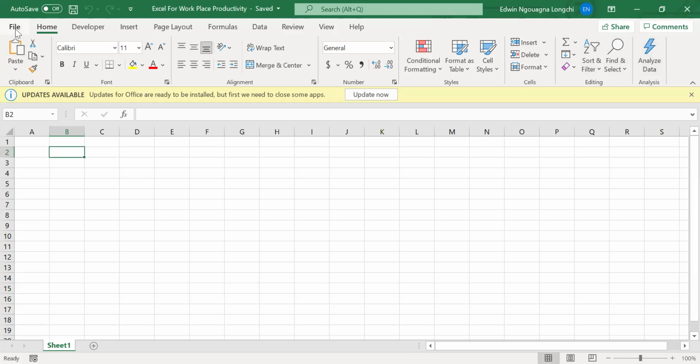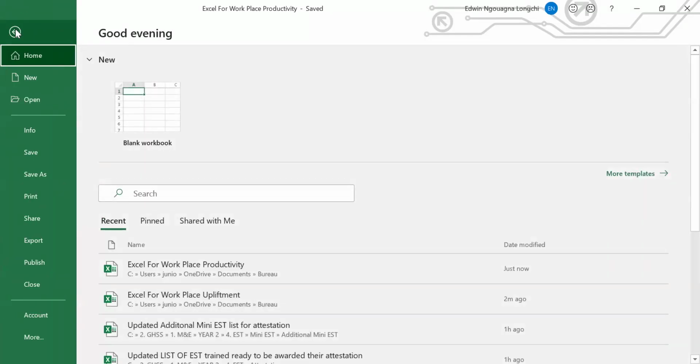You come here to the File tab. The File tab here, you can save your data. Although save is always Control S for the short form of it. Those of you who want to take notes, you can take notes rather than coming to File to take Save. When you save this, you are saving the data that you have already entered in this Excel workbook. But if you want to change the name, you can take Save As. You want to print, you come to Print.